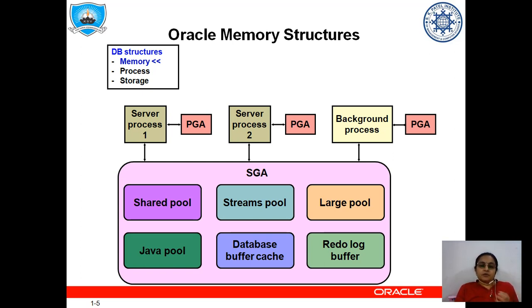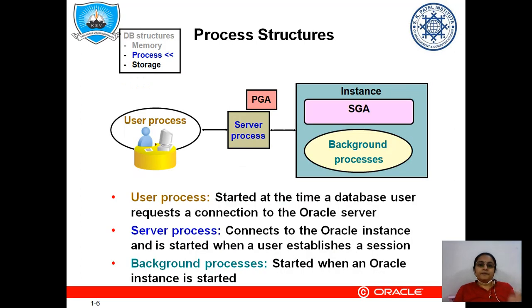Now if we talk about background processes, it is again the system generated processes which is being used to keep the overall database management system in work. It also has its own program global area to execute it. So these are the two important components in this. From this slide we are able to understand SGA and PGA. Let's move further.